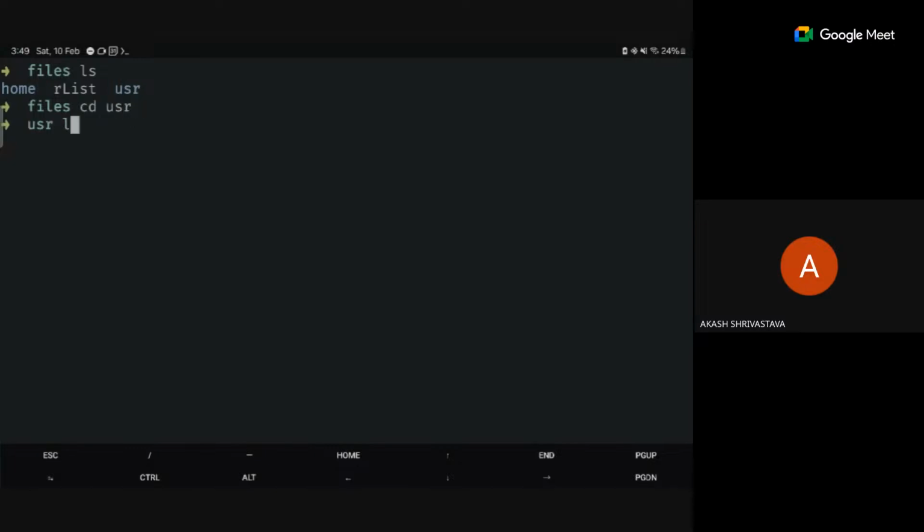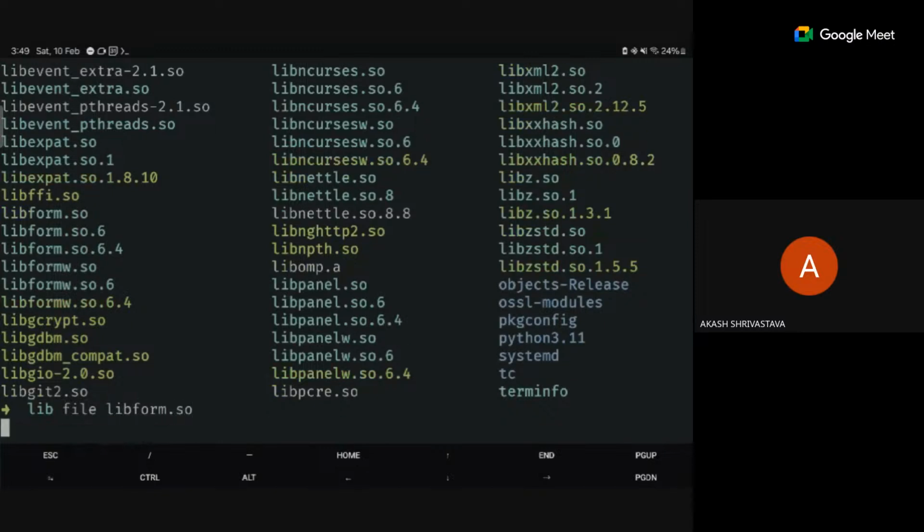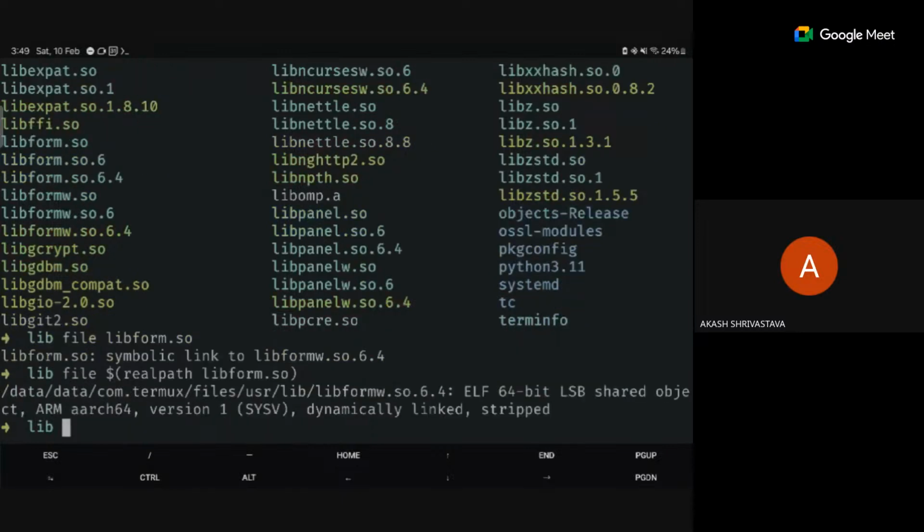Actually the file structure is different inside the Termux kernel. You can see a lot of .so files. If I type something like lib from $so, it says it's a symbolic link to some other file. If I run realpath and then file, it says dynamically linked, ELF 64-bit shared object.